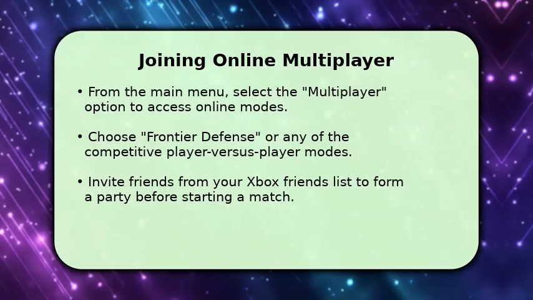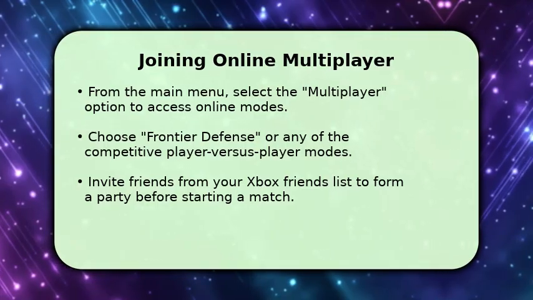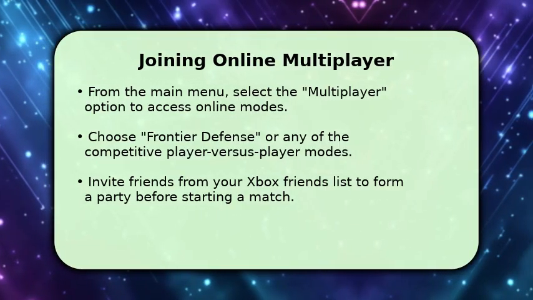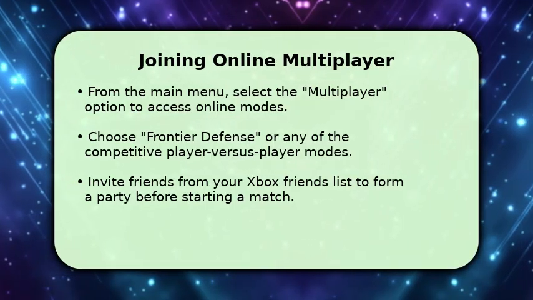the multiplayer option. From there, you can choose to play Frontier Defense with up to 3 other friends or jump into various competitive player versus player modes. Remember to invite your friends from your Xbox friends list to your party before queuing up for a match, ensuring